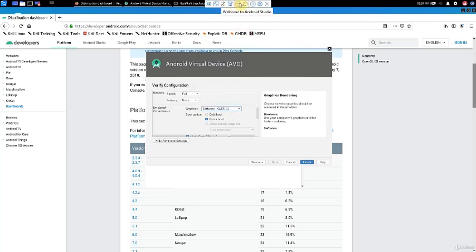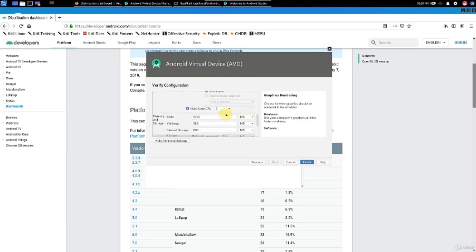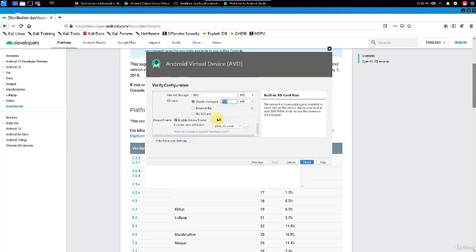If you run inside a VM, this means that you're running an emulated system inside a virtual system. This can cause several underlying issues, and many tools will not work because of this. If this is your situation, for certain things we recommend running on your physical machine. When you choose automatic, it goes from hardware and then tries software. If you encounter issues when running your emulator, for example, you're prompted a black screen, go ahead and play around with these values and it will probably fix the issue.